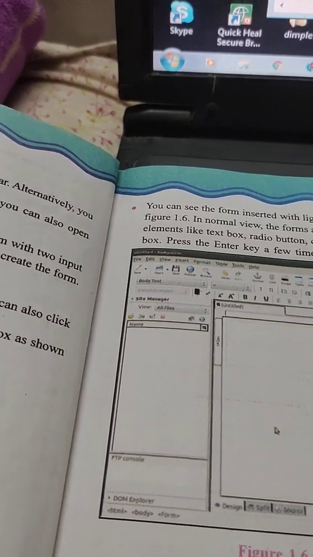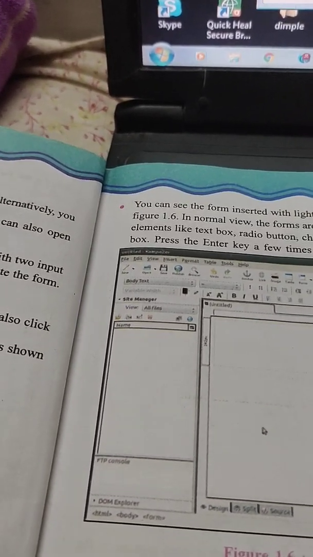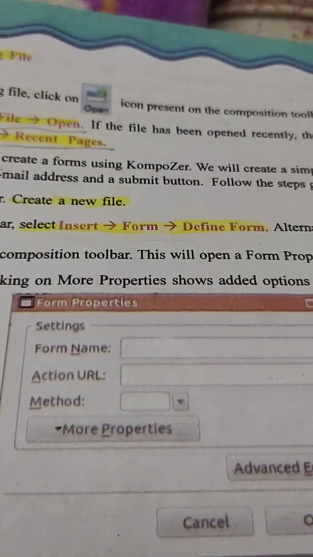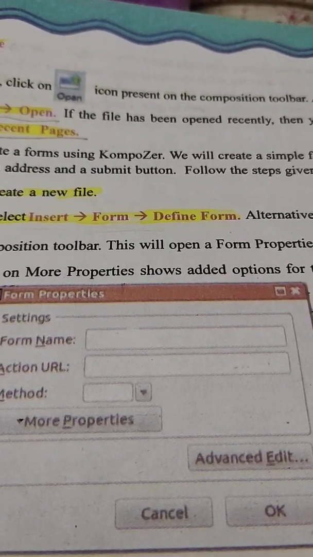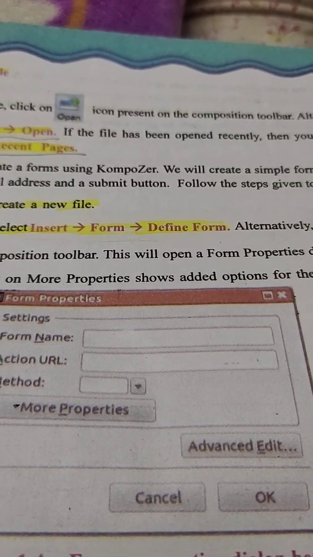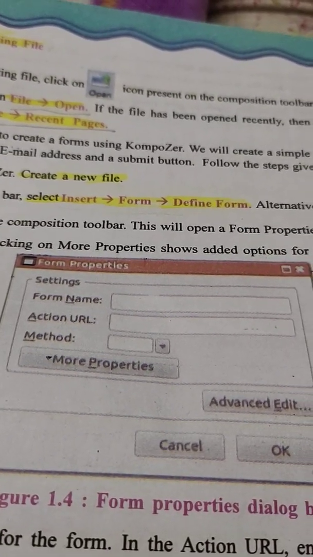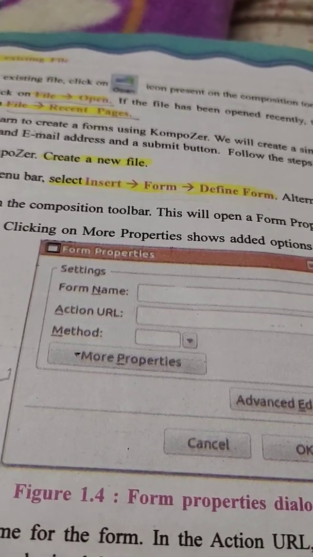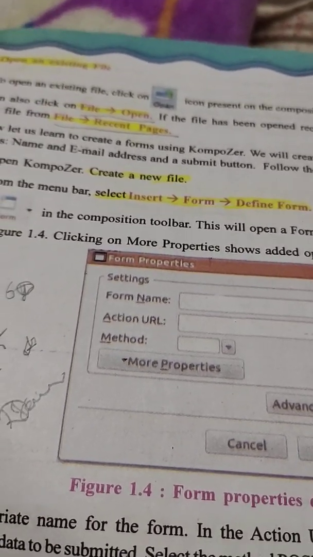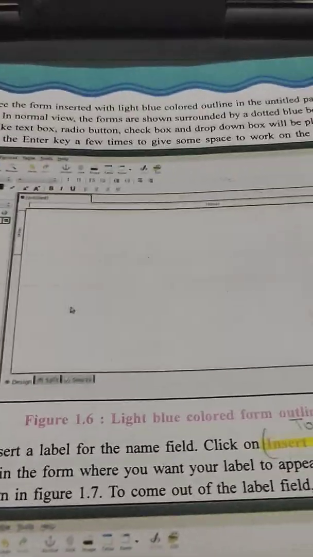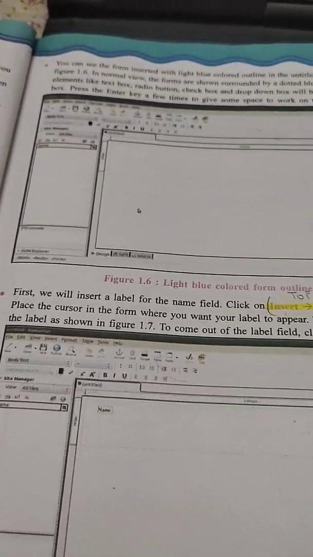Now opening a file, it's very normal. Go to file, open the file. Recent page, if you want, we can take a recent page, or else we can type the number of the page we want. We can get that page directly. Insert form: to create a new form, select insert form, define form. If we are defining a form, we will get the form which we want.